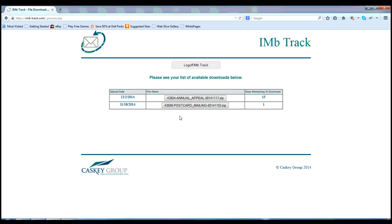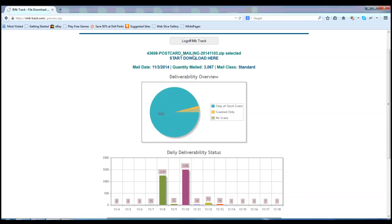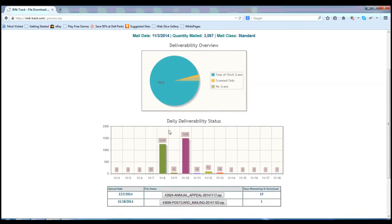In order to see details about each one of your campaigns, simply click on the button for that campaign. When you do so, you'll receive tons of information about the job. The zip file name, which you can download, which gives you details down to the record or person level of who delivered and who did not deliver, as well as the mail date, quantity mailed, and the mail class, as well as a deliverability overview, which gives you information about the number of stop of clock scans, scanned only, and no scans, as well as the daily deliverability status that breaks out by day how many pieces were actually delivered